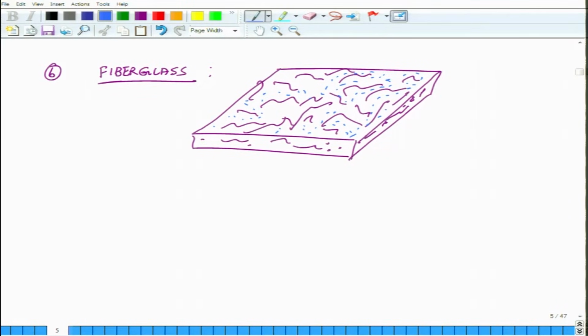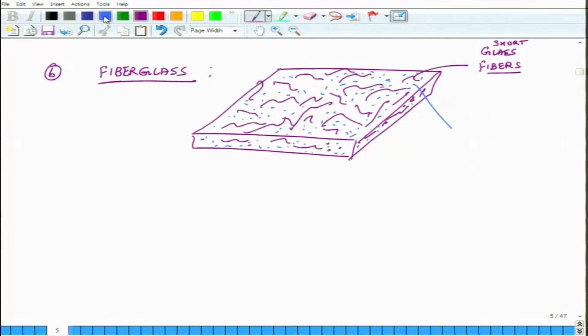So, this is how it looks like. So, these are all fibers, and it is called fiberglass because these are fibers made of glass. So, they are glass fibers. And then of course, you have all these small glass fibers. Typically, these glass fibers may be in length anywhere from 2 millimeters to 7, 8, 10 millimeters, not longer than that. So, these are short glass fibers. So, I should write it short glass fibers,